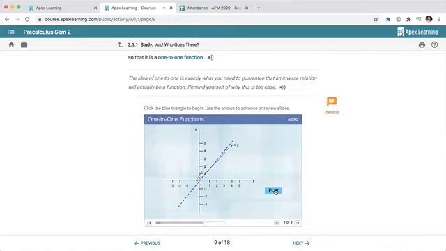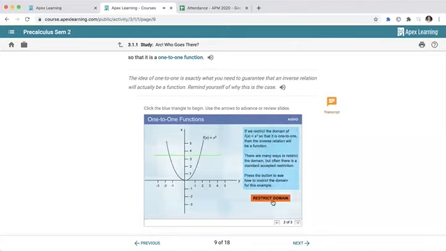Flip the red graph back to the original function to see how the vertical line test becomes the horizontal line test for the original function. Okay, so things we already know. All right, so again, what we can do now is restrict the domain of this function so that it is